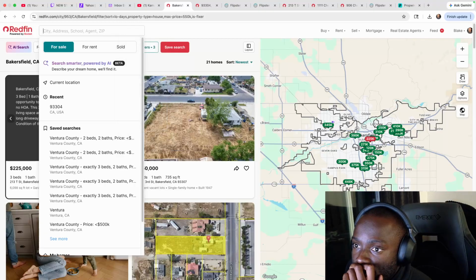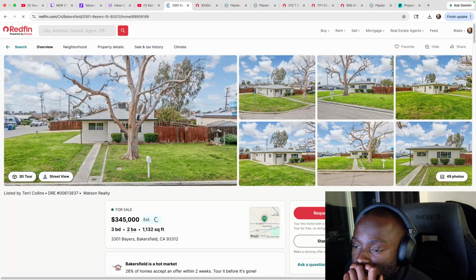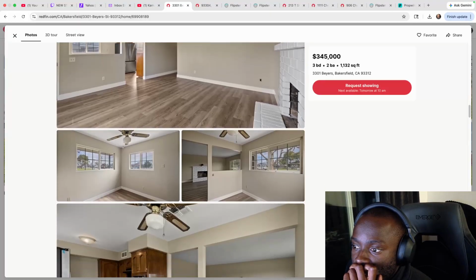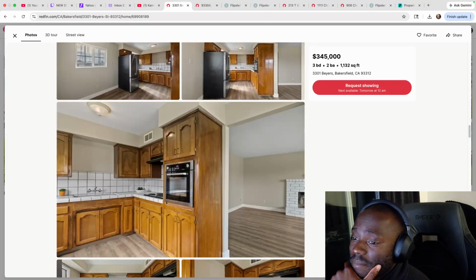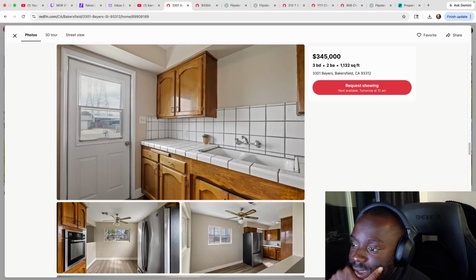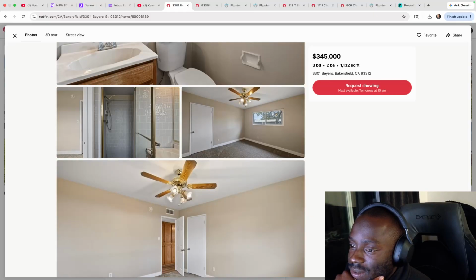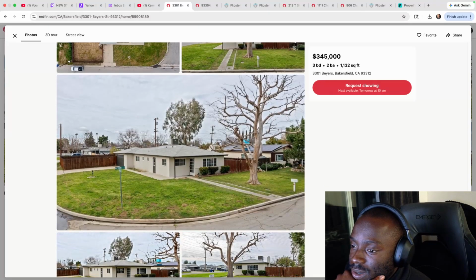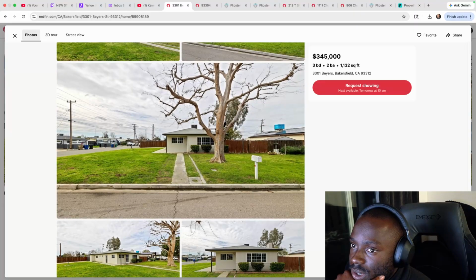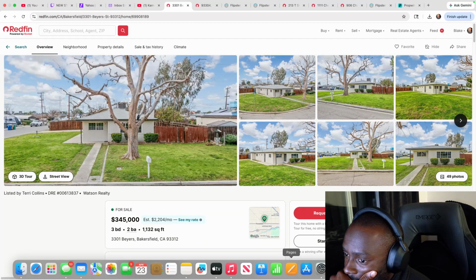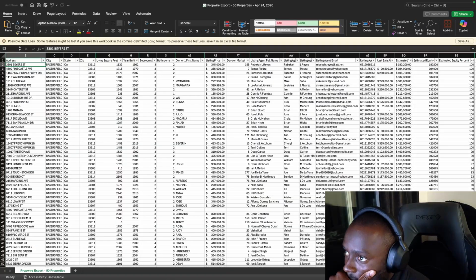Alright, so Redfin, paste, see what's going on here. So this home is being sold and it's probably a fixer. It is, it's a fixer. Kitchen is kind of outdated, but it's not outdated. It's probably just a vintage style kitchen. So we got data that shows what? We got data that shows that this home is 100%.